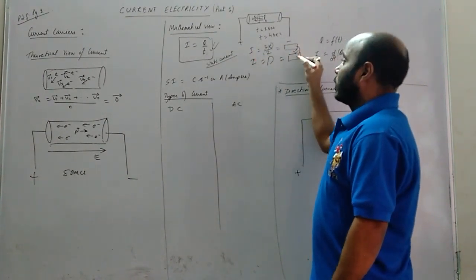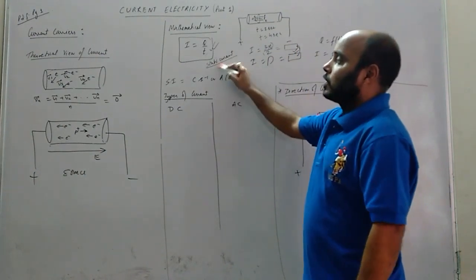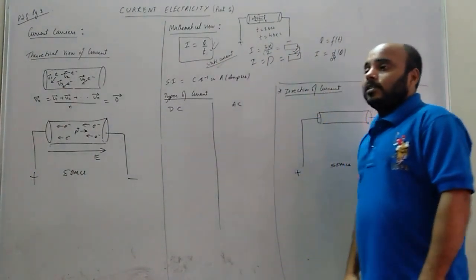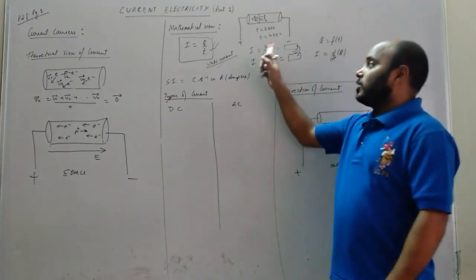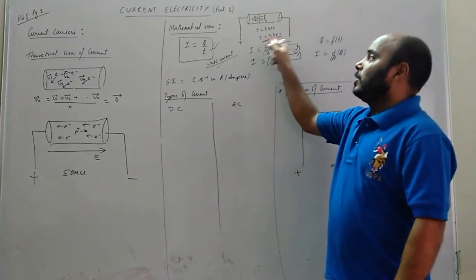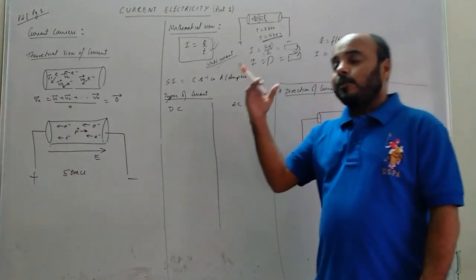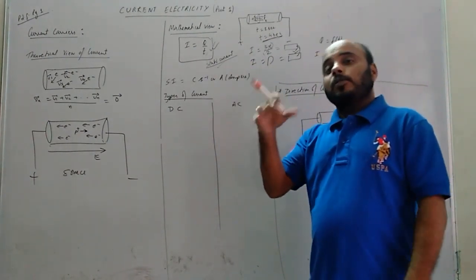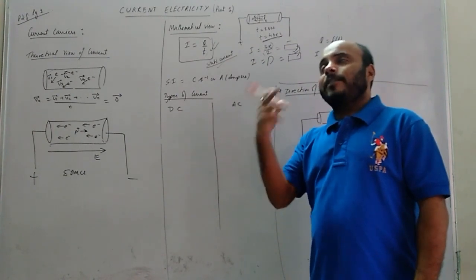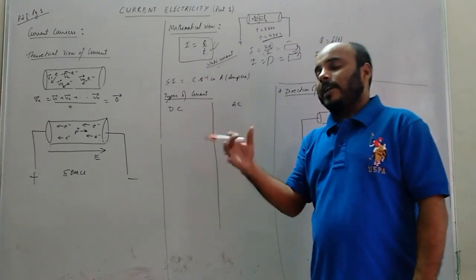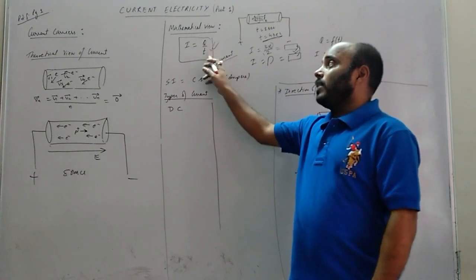These two current values will be the same. That is constant current, static current. It is independent of the time interval I am taking. Constant current is flowing through the conductor. You take any time interval, 4 seconds, 5 seconds, when you calculate the current value, it will remain the same. That is Q by T.